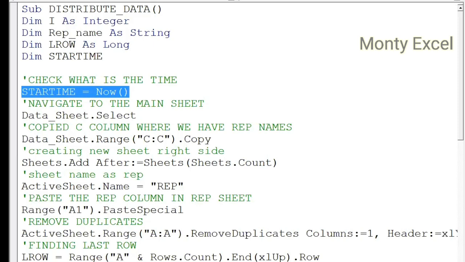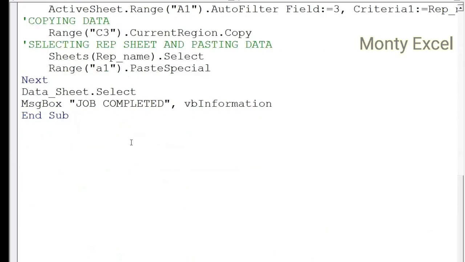At the same time, you want an end time so that I can really find out when I started my journey and when I ended. Between that, if I subtract, I'll get the actual time of the macro running. So let me find out how to put